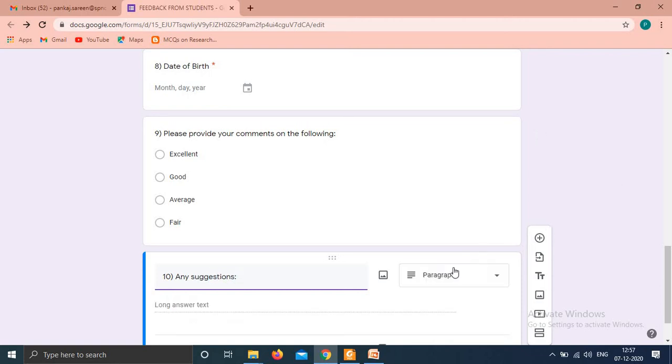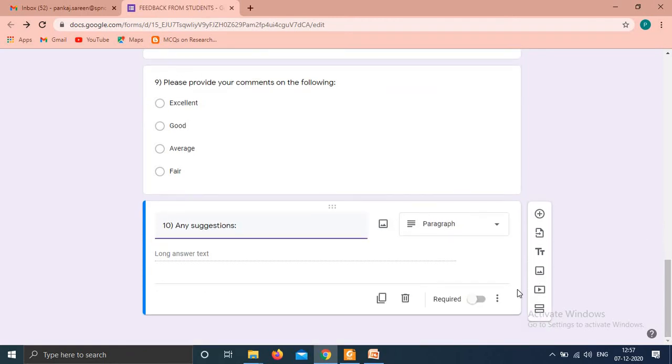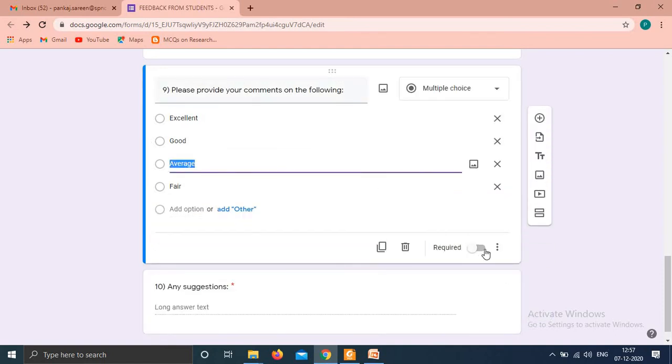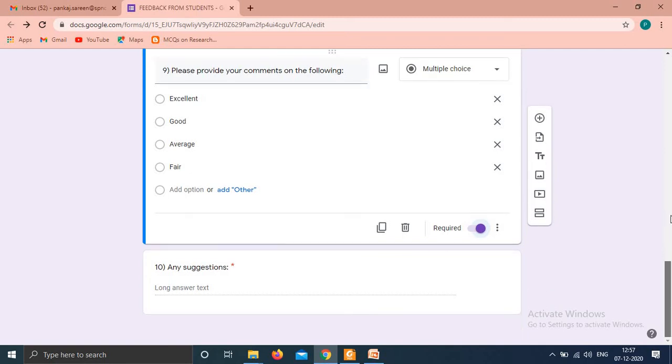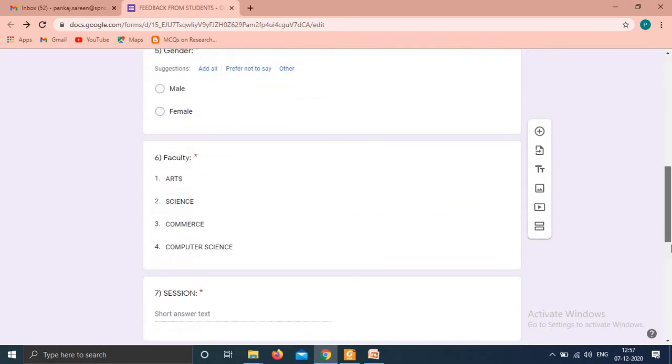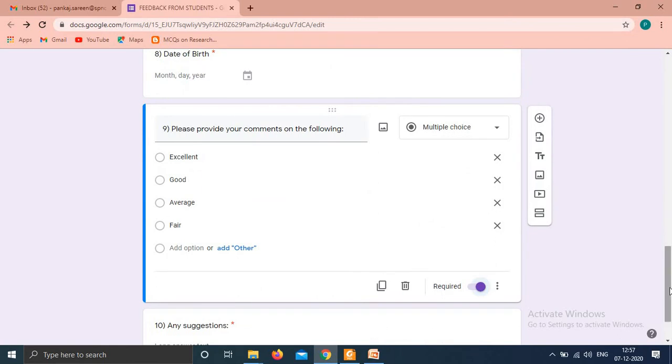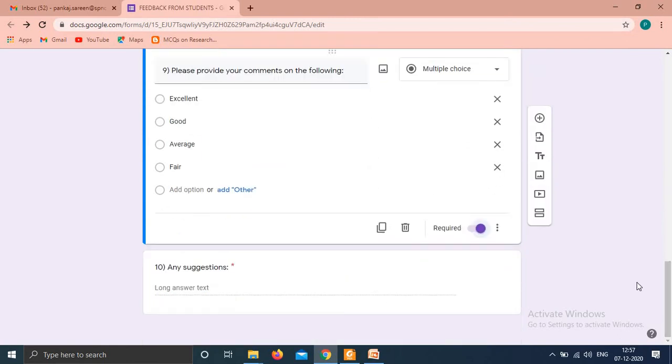And for suggestions, see, it has automatically been converted into paragraph option. So it is also required. So this way you can add any questions in the Google form.